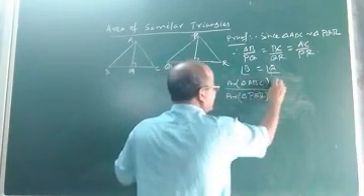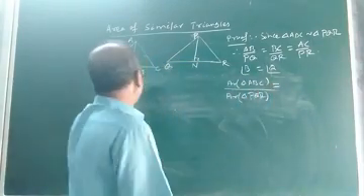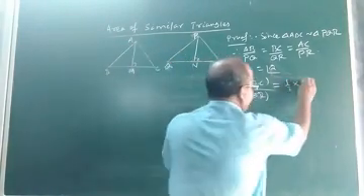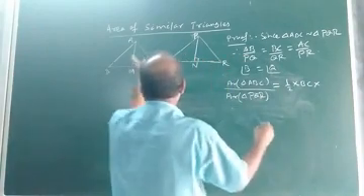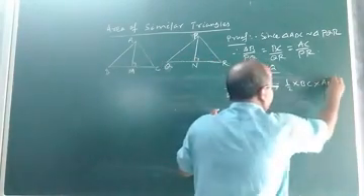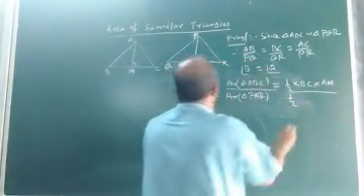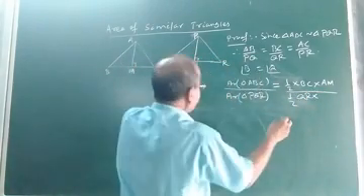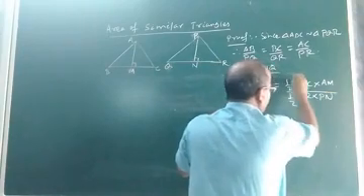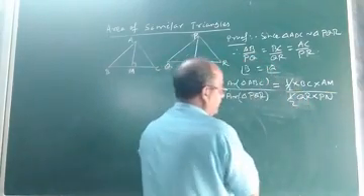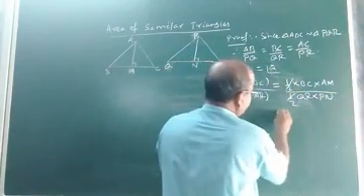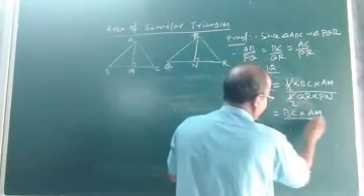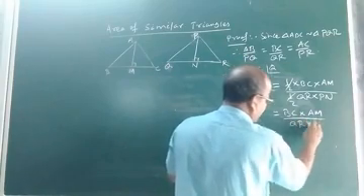Let us find it in one step. So area of triangle ABC is half into the base BC into the height or altitude AM, divided by half into the base QR and the altitude, which one? PN. So the halves cancel. Now it is equal to BC into AM by QR into PN.